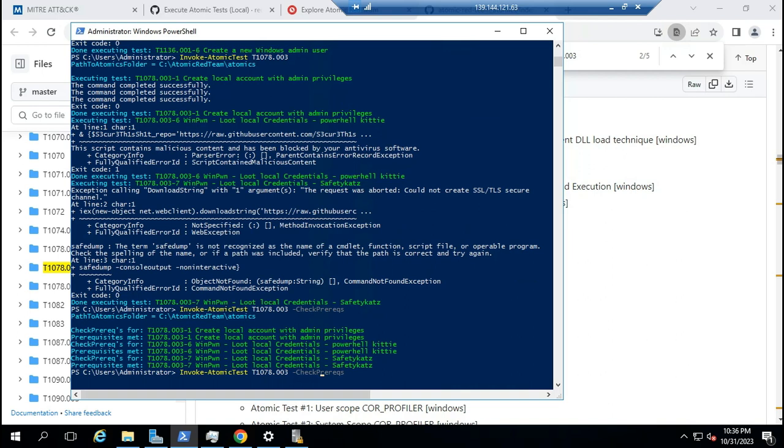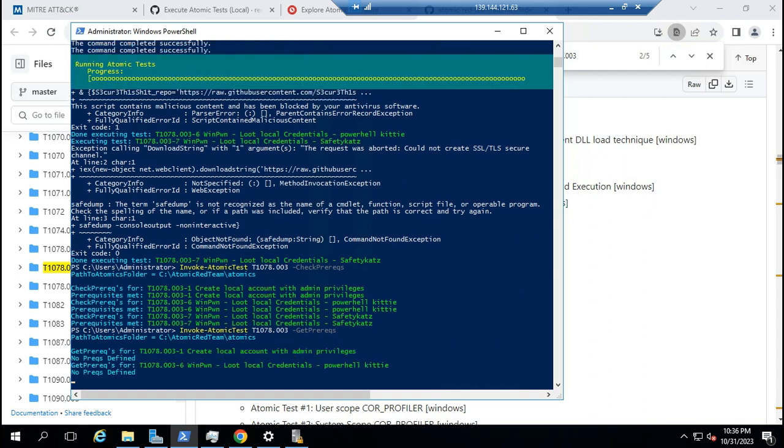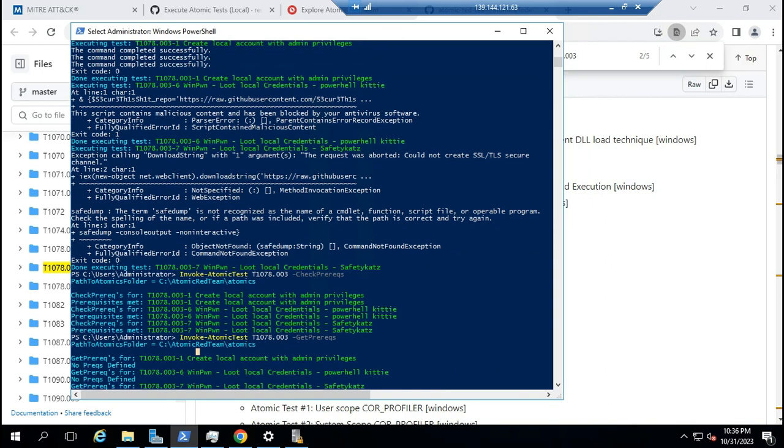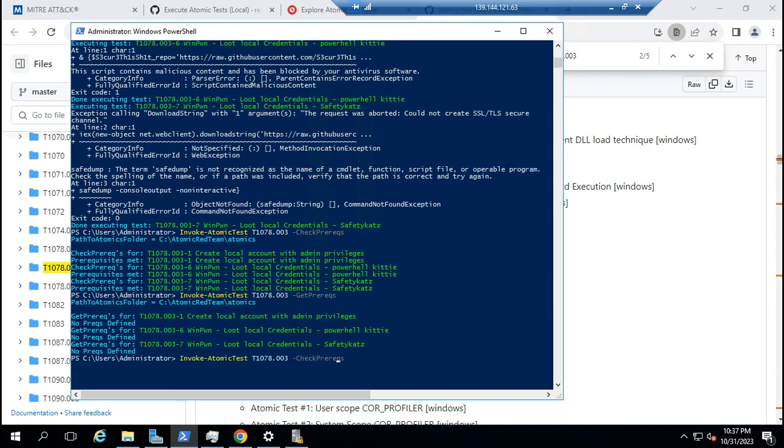Oh, maybe this is just the SSL/TLS secure channel. Wait, I will check, I will get the requirement, maybe we can fix that. Okay, there is no requirement defined, so I think it's just the SSL/TLS secure channel. Wait, I will try again one more time.